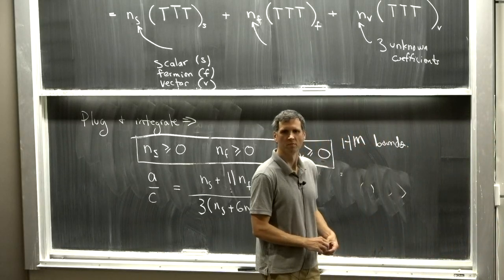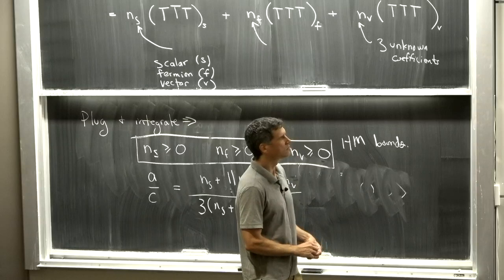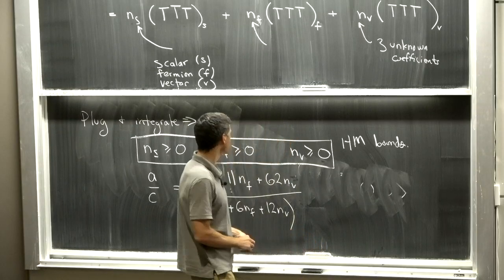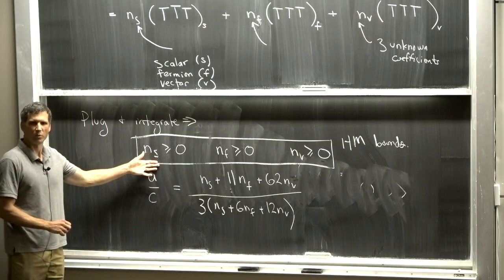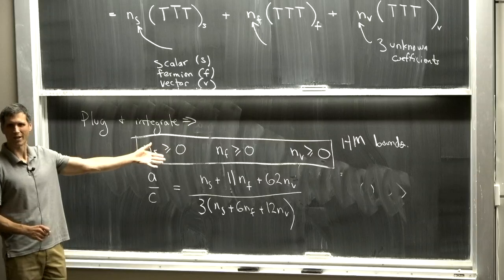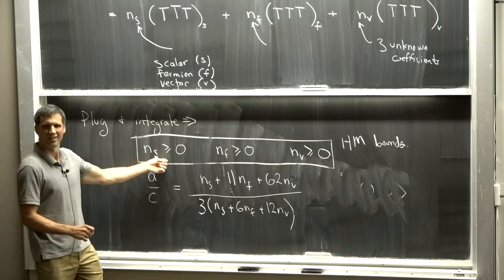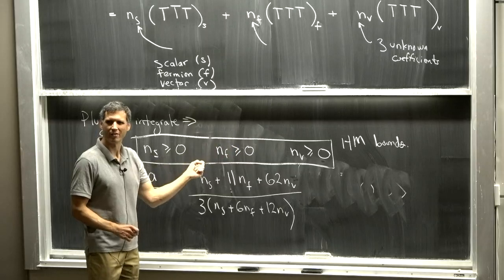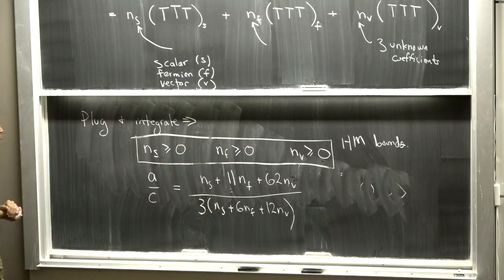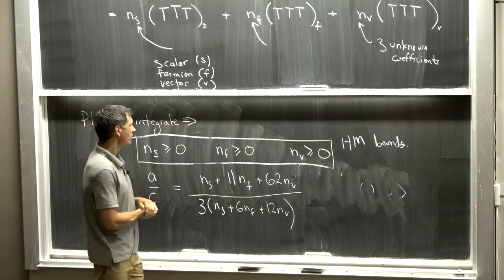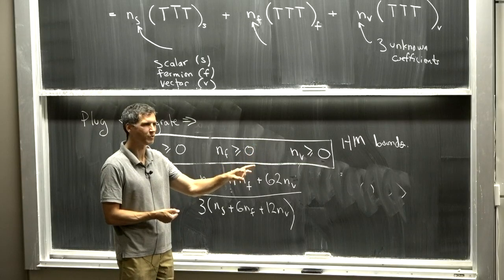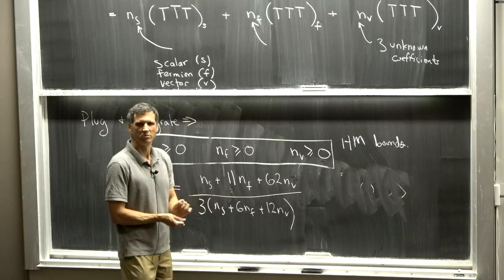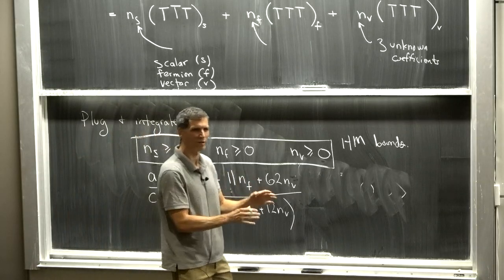Yes? The question is, do we know of examples where the bound is saturated? And it's saturated in free theory. Two of the bounds are saturated in the scalar free theory, and similarly for the others. And in fact, there's an argument of Sasha Zhiboedov showing that if you saturate the bound, I don't know if I can state the precise argument, but the spirit of it is that if you saturate the bound, then the theory must be free. There might be caveats or fine print there, but roughly.